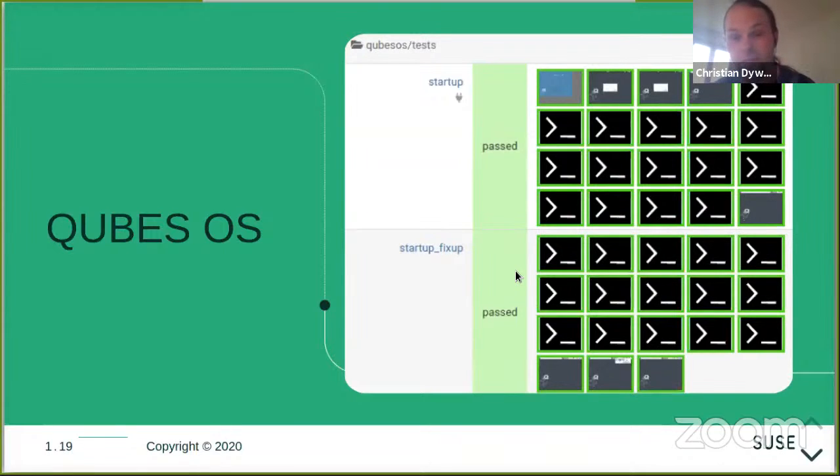There's QUBES, which you might or might not have heard about. This is a virtual machine host. That is, the system is very much specialized in running a lot of applications in different VMs. So this is, I think, an excellent case because you're also able to test the whole operating system with openQA to make sure QUBES actually works.